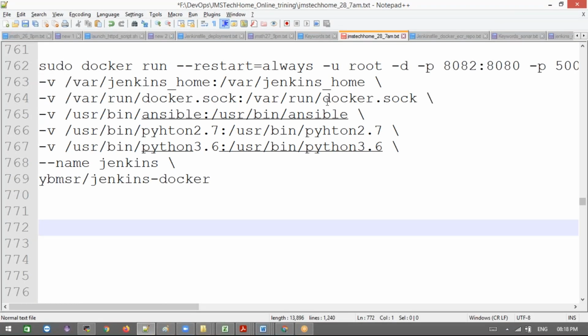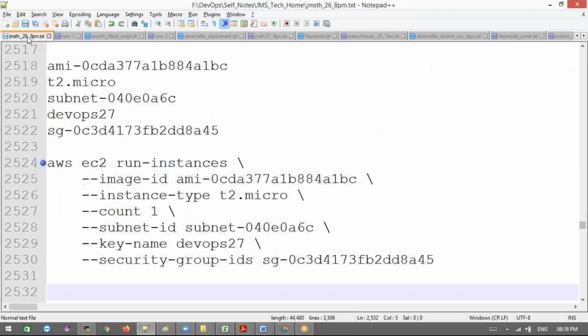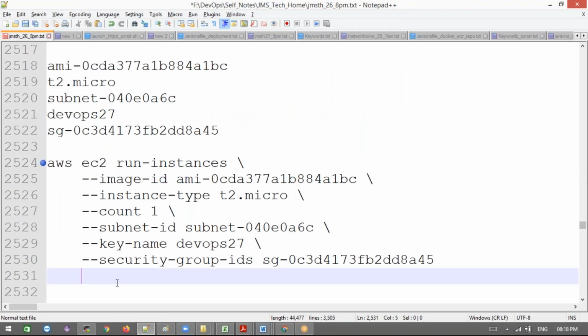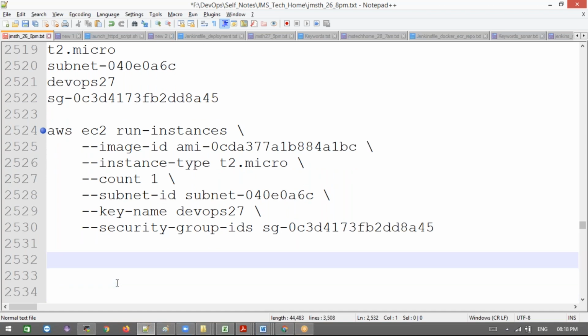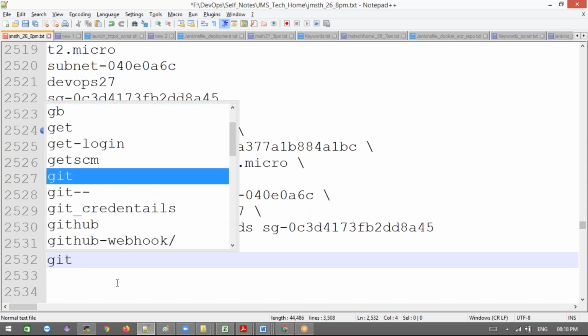Now today we are going to discuss our end-to-end project. This is not completely end-to-end, basically this is a startup. Let's say we are starting a project. There are a lot of things to add flavor to this. For example, today what we are going to do is, let's say we are getting the